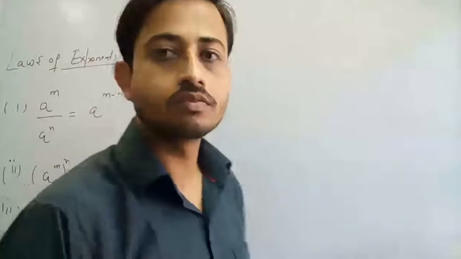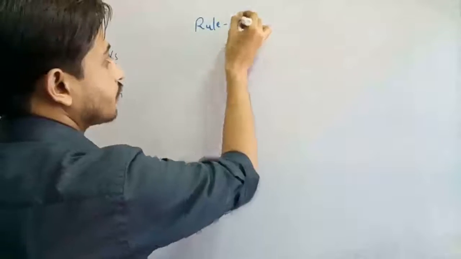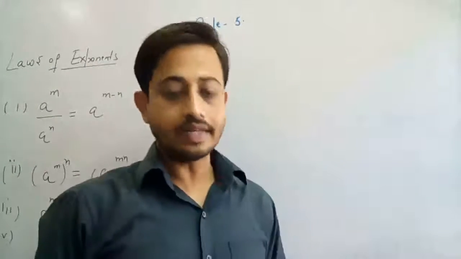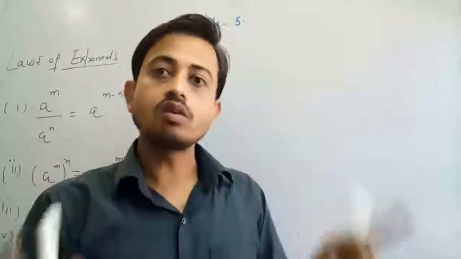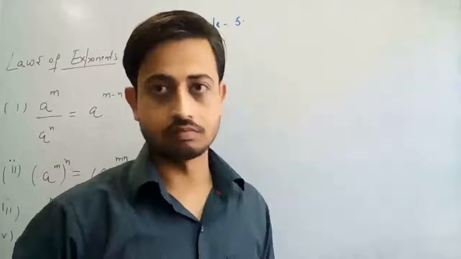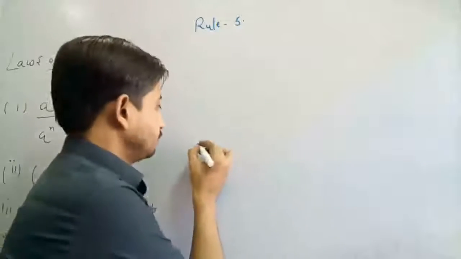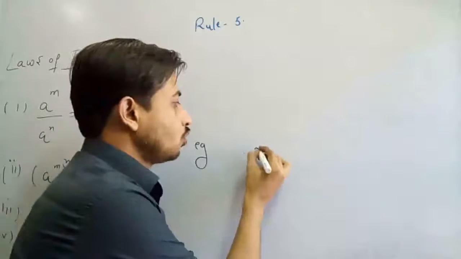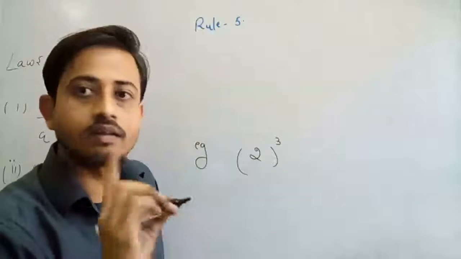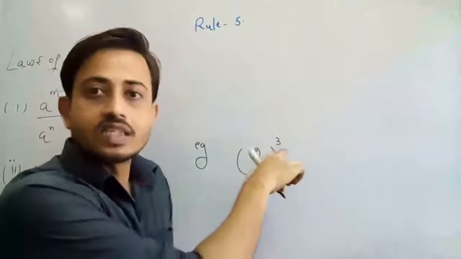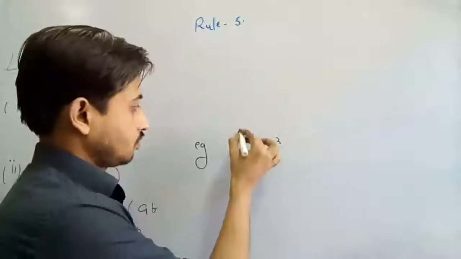Now rule number 5. If you find any term in terms of exponent and power, and the whole term also has a power, what's the result? For example, 2 raised to the power 3. This is in terms of exponent and power. 2 is the exponent and 3 is the power. If this term also has a power,